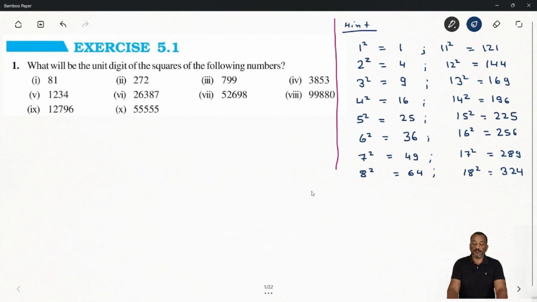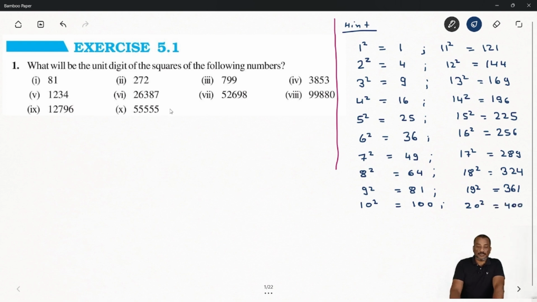नाउ नेक्स्ट बात करें 9 स्क्वायर, तो 9 स्क्वायर 81 होता है, ठीक है। सेम वे हम 19 स्क्वायर की बात करें तो 19 स्क्वायर आपको 361 आएगा। तो कभी भी किसी नंबर की यूनिट प्लेस पे अगर 9 है तो उसके स्क्वायर प्लेस पे हमेशा 1 आएगा, ठीक है। लास्ट, अगर किसी नंबर के यूनिट प्लेस पे 0 है तो उसके स्क्वायर नंबर पे भी हमारा 0 आएगा। जैसे 10 स्क्वायर 100 एंड 20 स्क्वायर यू कैन सी 400, ठीक है ना।